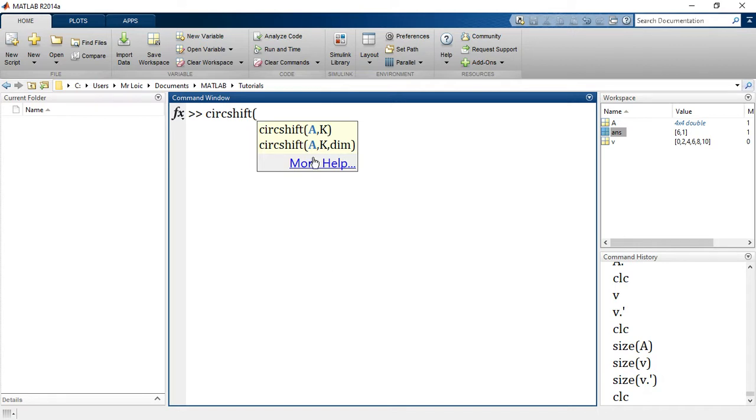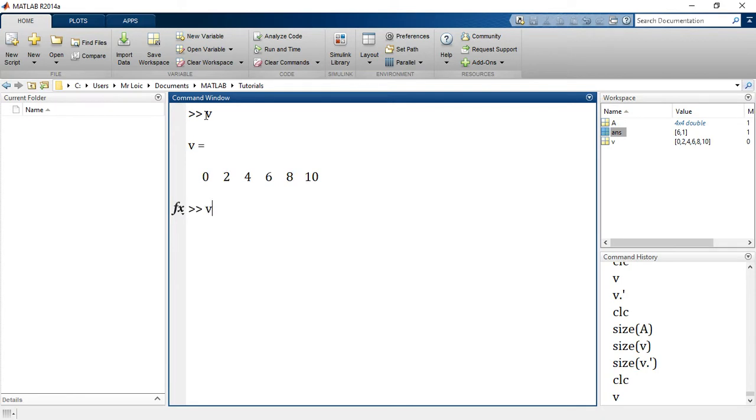It works only on column vectors, rather. V is a row vector, so I'll need to put it into a column vector, and on arrays, obviously, we'll look at that in a jiffy. So look at this. I have 0, 2, 4, 6, 8, 10.